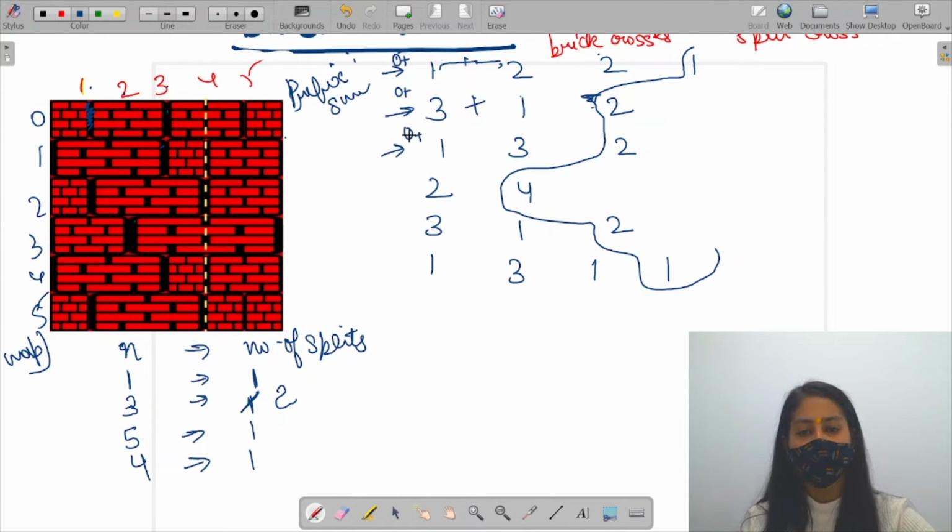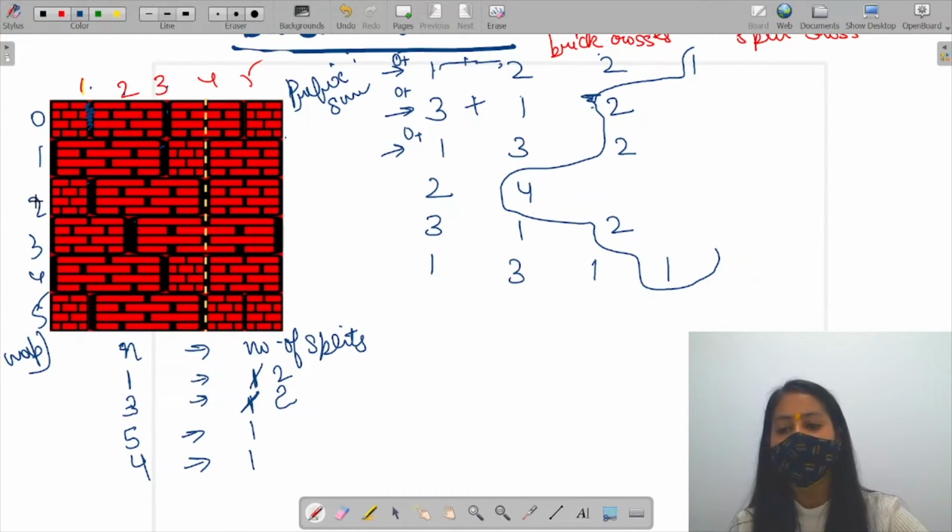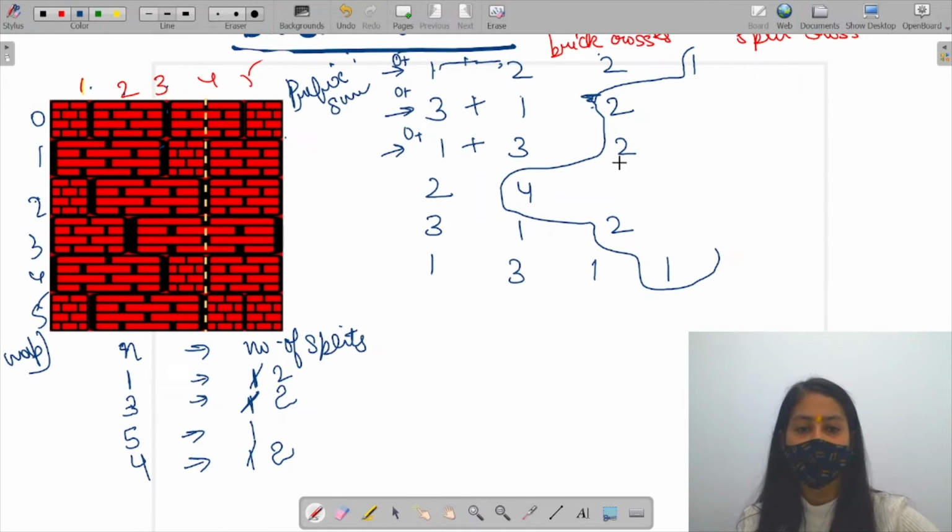Next we move to the next row. Prefix sum is again 0. 0 plus 1 is 1. This means that at 1 one split is present. So now the total split at 1 is 2. You can see that at row number 2 at 1 one split is present, right? Next is 1 plus 3, 4. So at 4 one split is present. So at 4 now a total of 2 splits are present. Next we will not consider the last value. Next we move to the next row.